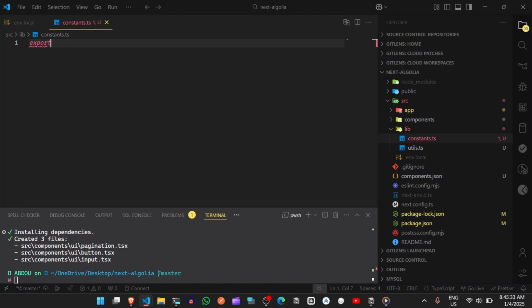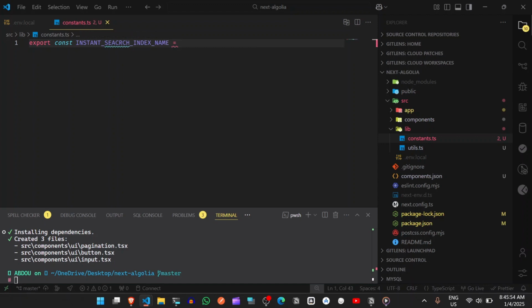So export const, I will name it InstantSearch index name,